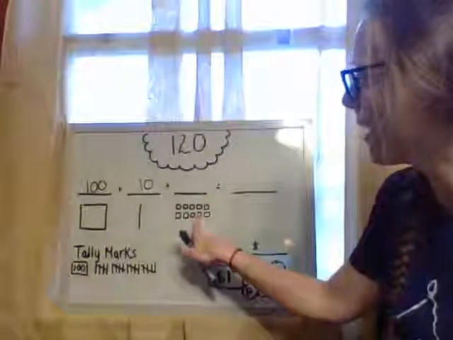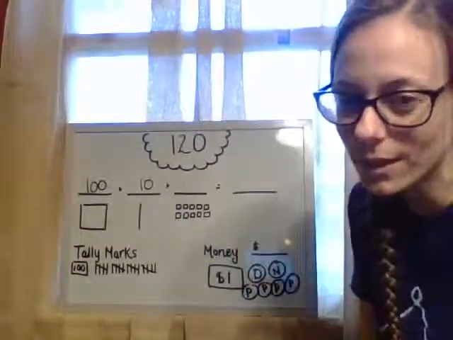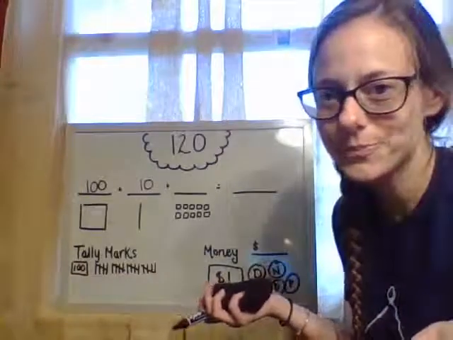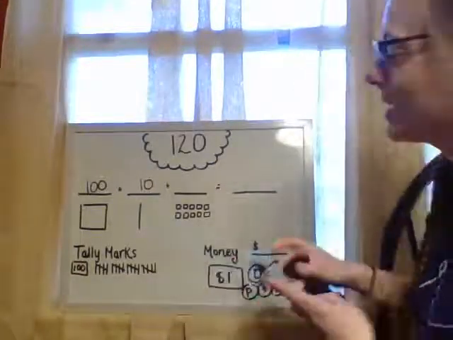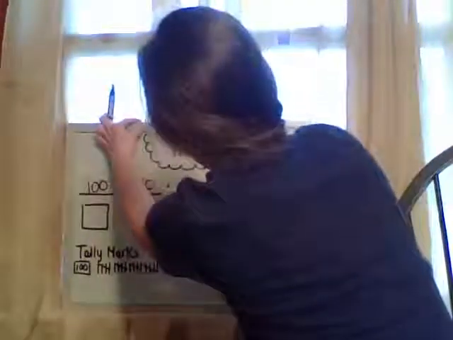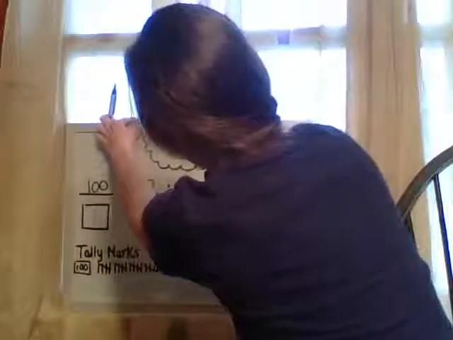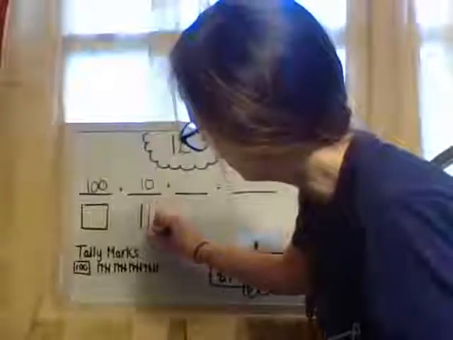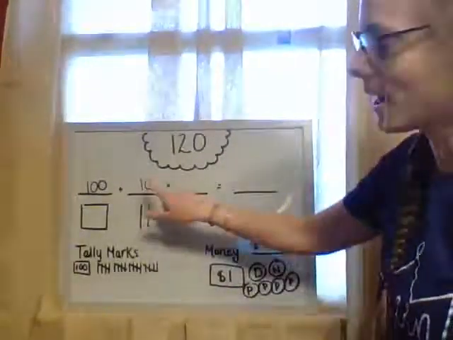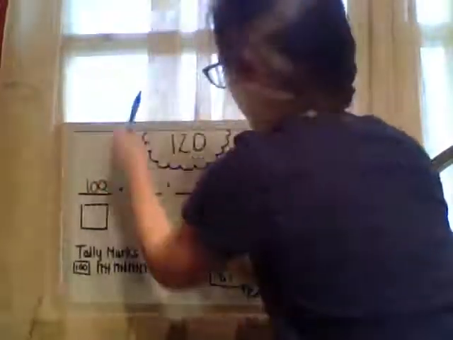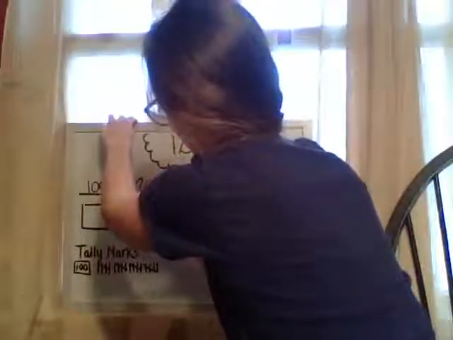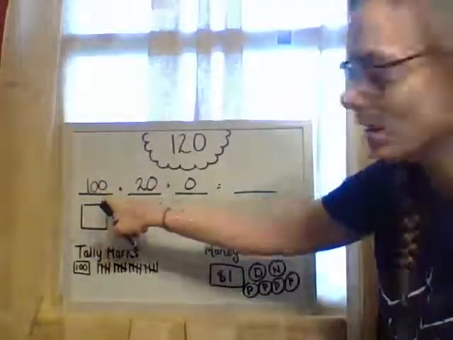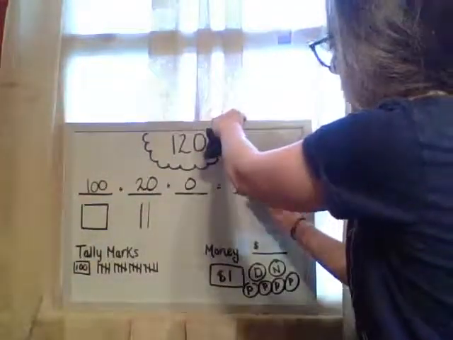And when we have our 10 ones here, we know that we can't keep them there because it's too many. So what are we going to do? We're going to exchange them, right? So we're going to take our 10 ones, right? Try not to knock down my board. Right? And we're going to bring that over here as a long. So now this number has to change, right? So we now have 2 longs, which is going to be 20. And 0 ones, right? So our expanded form is 100 plus 20 plus 0, or just 100 plus 20 to